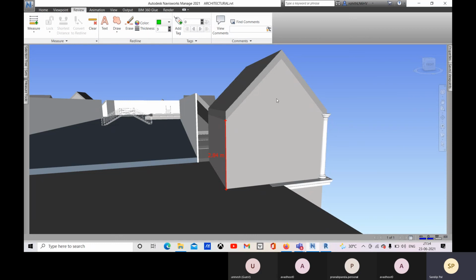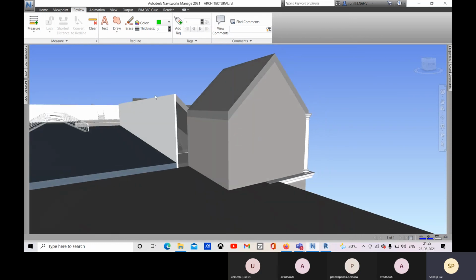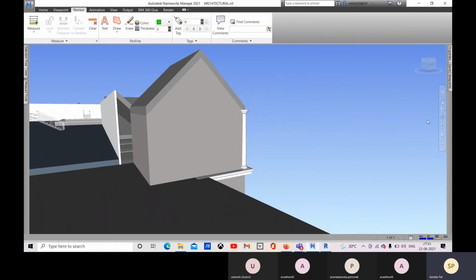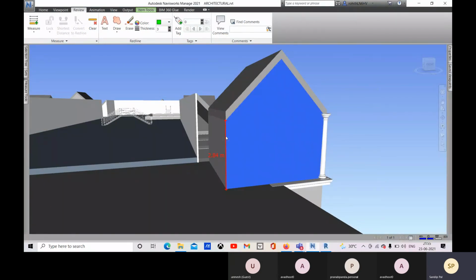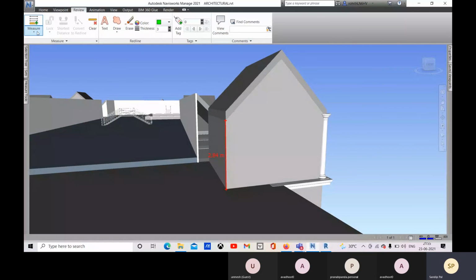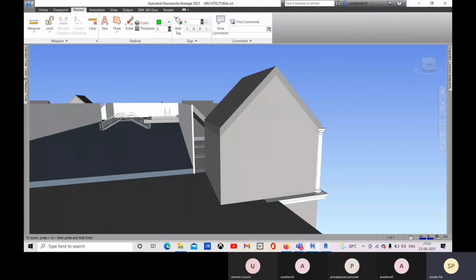Okay, so this way we will add any measurement for your review, add any text for your review, and you can click on this clear to clear the measurement. So go to this view and clear. I think after creating, you can go for point to point. Just a second. Let me go to this point to this point, and then you can click on clear and it will be cleared. Okay. So this is how we'll review it.